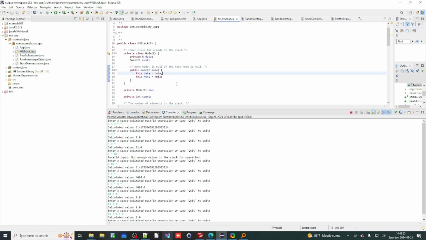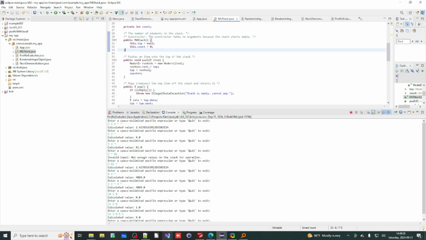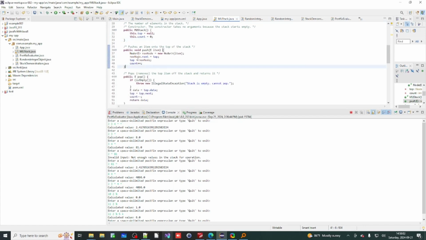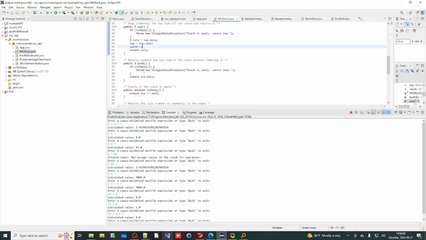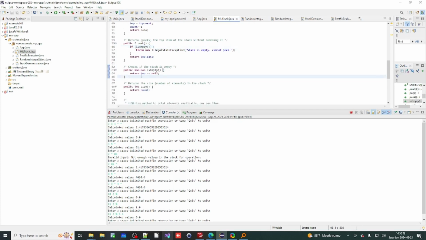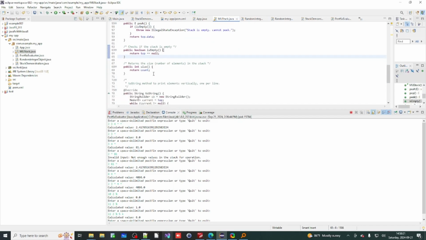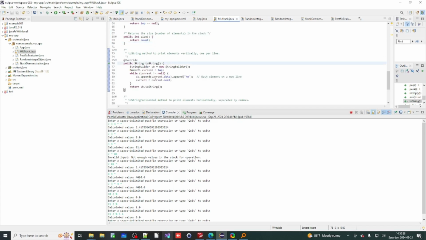So you got a node, count, the constructor, push, and when you push, it increases the count. It's keeping track of that. Pop, it decreases the count. Peek, if it's empty, you can't peek. So it says stack is empty, cannot peek. And then isEmpty checks if the top is null. And then the size returns the count. And then there's a toString method